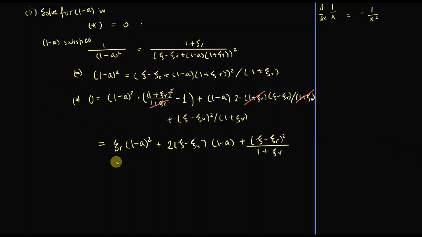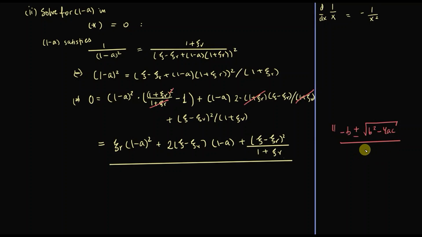Anyways, we want to find the 1 minus a that satisfies this equation here, and for that we will use the standard formula: the roots of a quadratic equation satisfy this thing here, where the a, b, and c just stand for the coefficients that are on the quadratic, linear, and constant terms. So let's just use that to figure out what the roots should be in this quadratic equation. So 1 minus a should be equal to minus the coefficient on the linear term, which is 2 xi minus xi(r), and then we have plus minus the